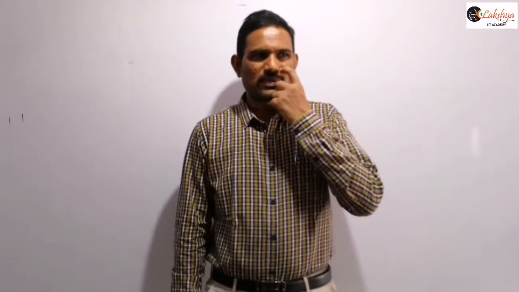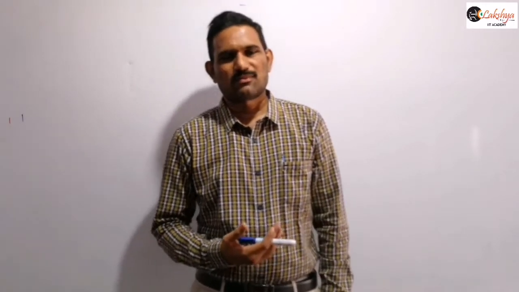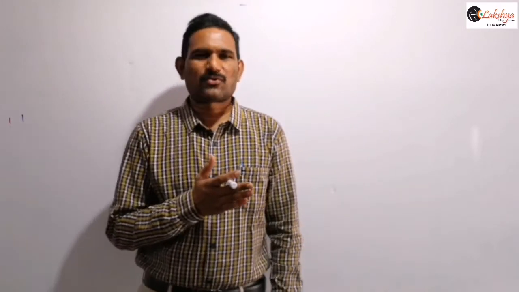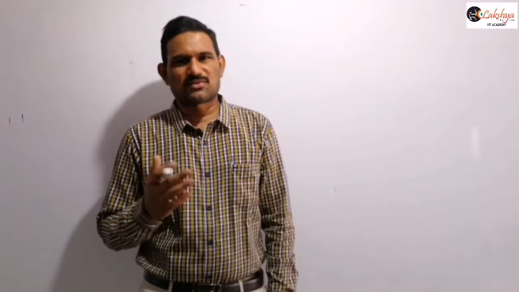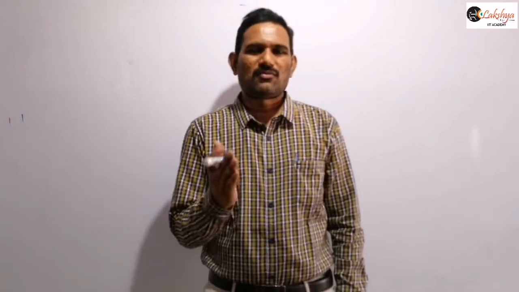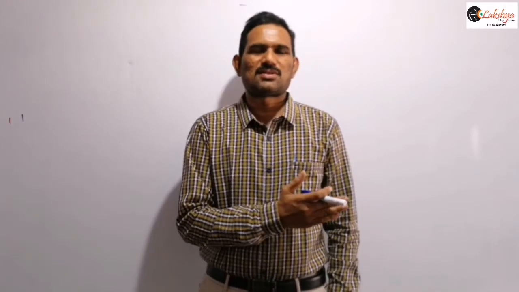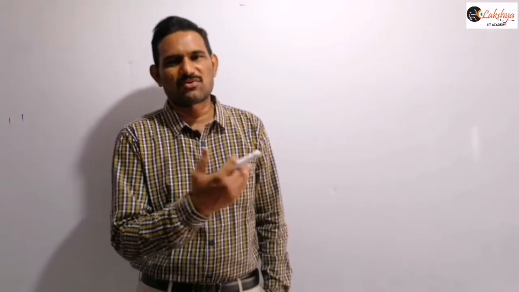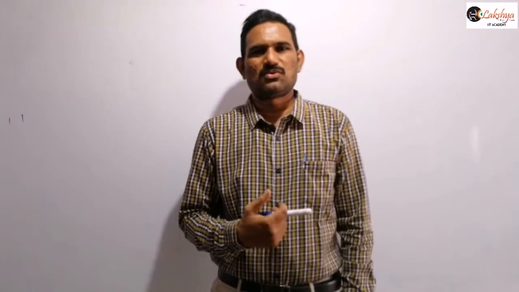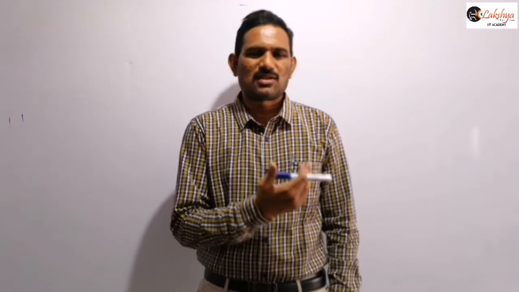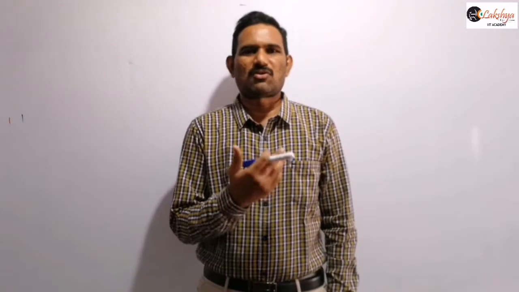So, in the last class, we discussed series and parallel combinations of capacitors, and we discussed the difference between series and parallel combinations of resistors and capacitors. Right? The final expression appears to be reversed. Like in capacitors, when capacitors are in series, you will get 1 by C effective is equal to 1 by C1 plus 1 by C2. Whereas in case of resistors in series, we get R effective is equal to R1 plus R2.